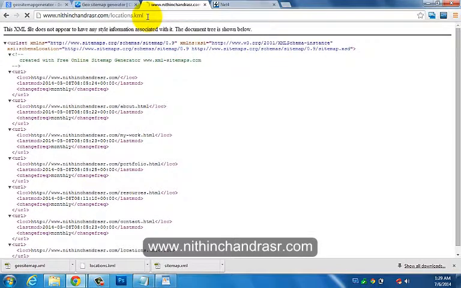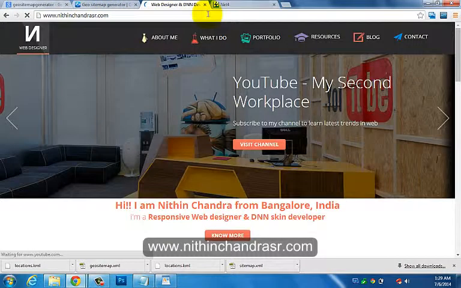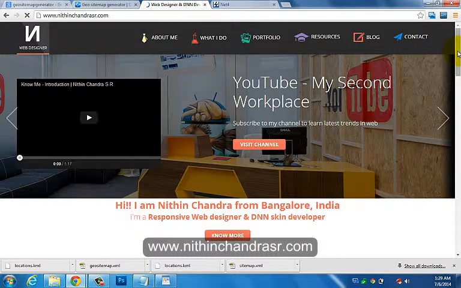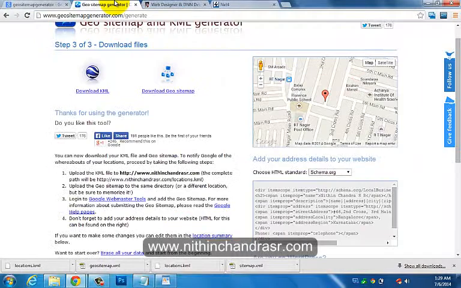Locations.kml. Yeah, it got downloaded to the local system, so this has been added. That's how we can add the location and make a search available for local places. This is how we can make a website search engine optimized for local places.